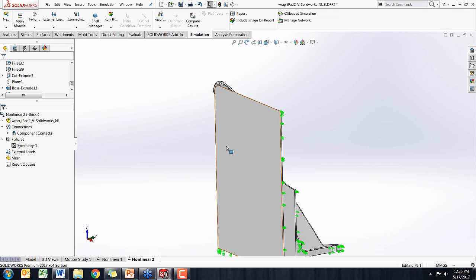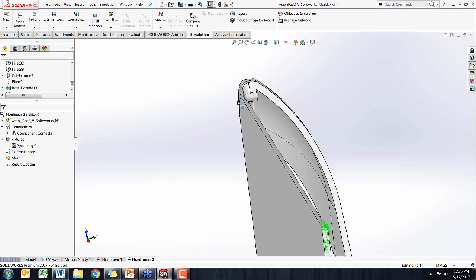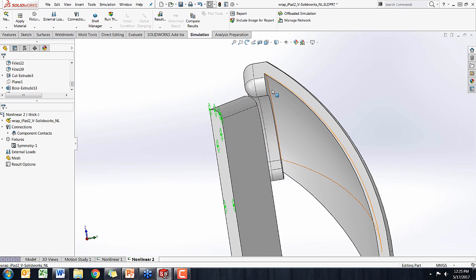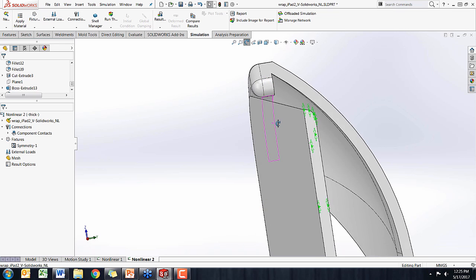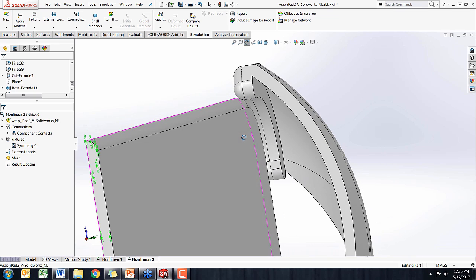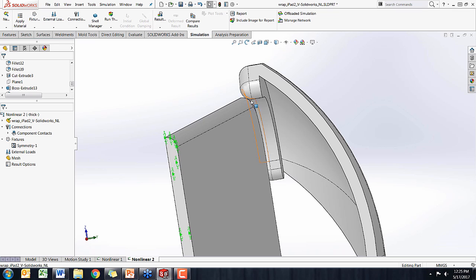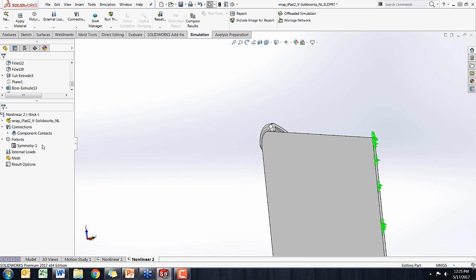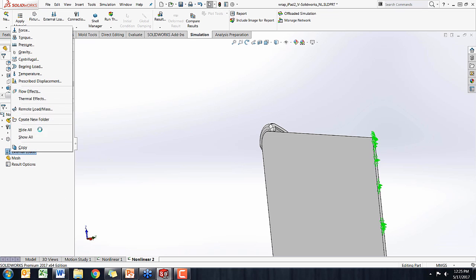Now the only other thing you need to add is that you can see that I've assembled this iPad to have a little distance between the final assembly. Now I'll need to apply this distance as an input. I'll need to move this to about 3 or 4 millimeters so it actually goes over this hump and it assembles in place. Now in order to do that process, I'm able to access the prescribed displacement